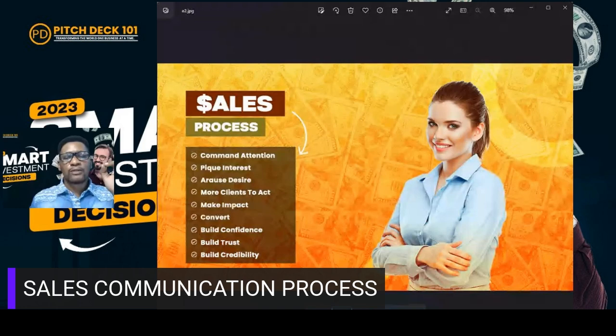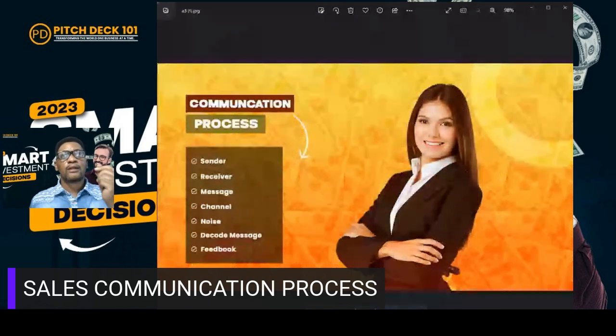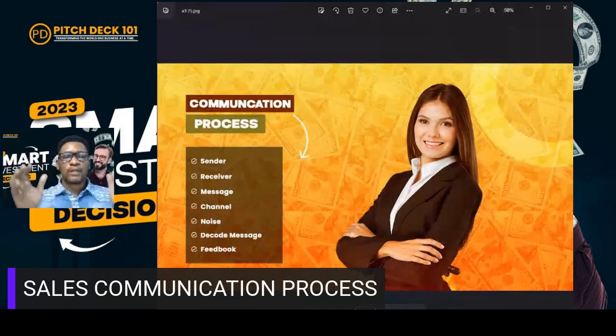And the results that you want: increased visibility, increased reach, increased impact, increased conversion, you move into cash flow maximization. This is the ultimate aim of the sales communication process. And if you apply these systems well